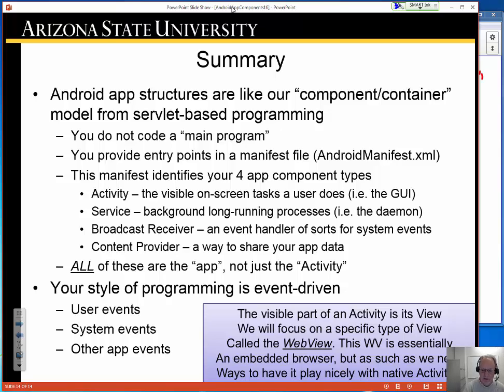But to give you an idea of how applications work in Android and mobile systems in general in this component container model, it's a lot like server-based programming. You're not going to write a main program. You're going to write a main activity, but you're not going to write a main program. And in fact, your jumping off activity is really defined by what's in your Android manifest, not by what you